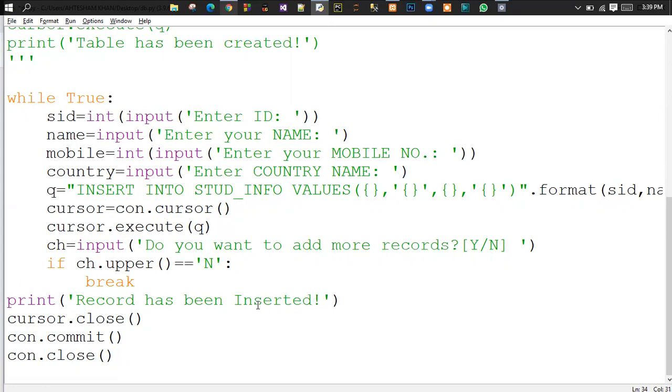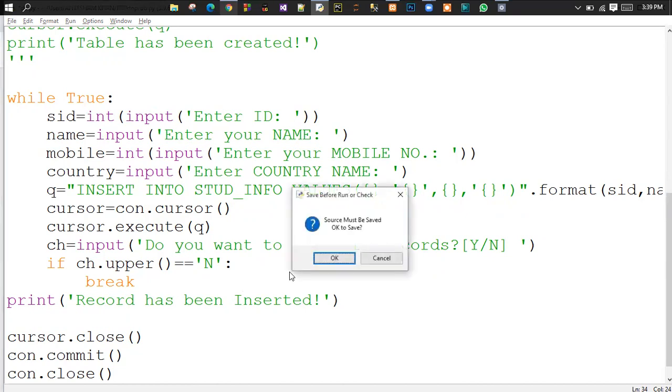Inserted. Now cursor dot connection dot commit, all the things are correct, and connection dot commit. Each thing which we have to do by inserting the record in the table. Now execute this